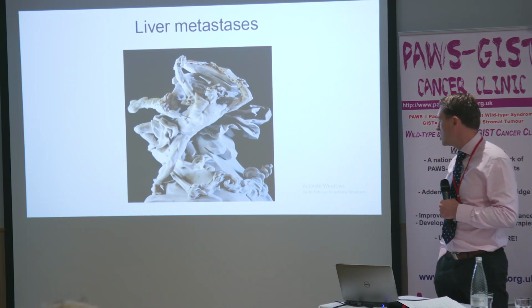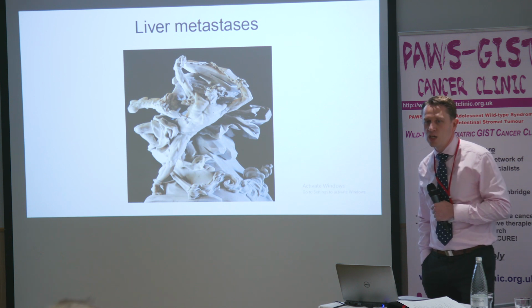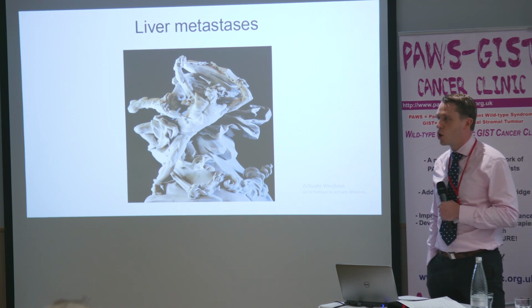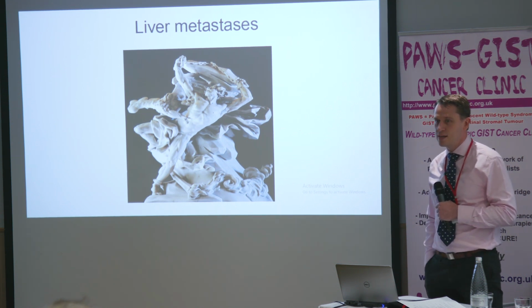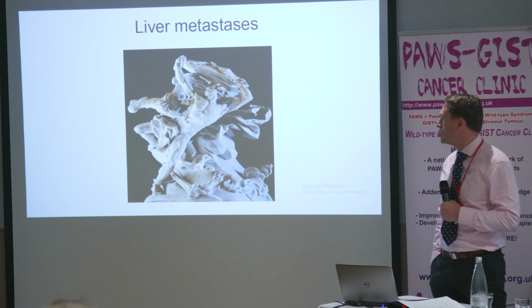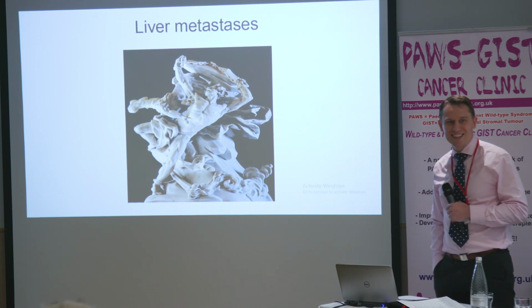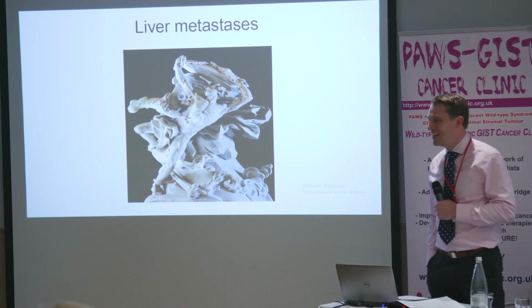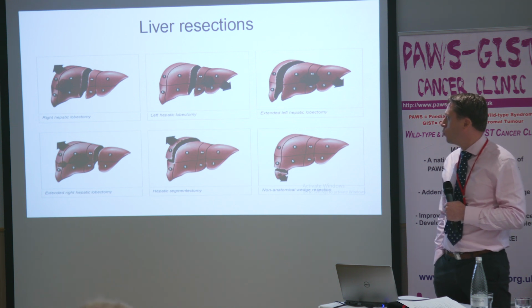This is Prometheus, a statue from the Louvre, and he was a Titan in Greek mythology who stole fire from the gods to take back to humans, and upset Zeus when he did this. So he was bound to a rock, and every day Zeus sent an eagle to go and eat his liver. And then it grew back overnight, and then the next day the eagle came again and ate it again. So, eternal damnation. But fortunately, we've been able to take that knowledge and use it to do really quite large